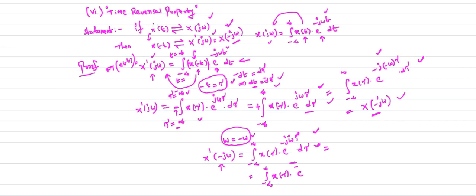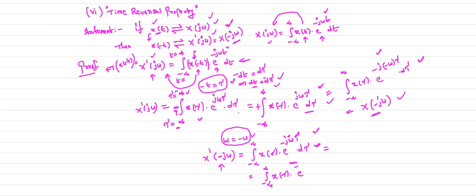So this is your time domain signal x of t. Its corresponding Fourier transform is x of j omega. Now if you perform the time reversal operation on your input signal x of t, then in the frequency domain also we have the time reversal operation. Previously we had x of j omega. Now we will get x of minus j omega. For x of minus t, we will get x of minus j omega. Like that you can remember the property. So if x of j omega is the Fourier transform of x of t, then x of minus j omega is the Fourier transform of x of minus t.